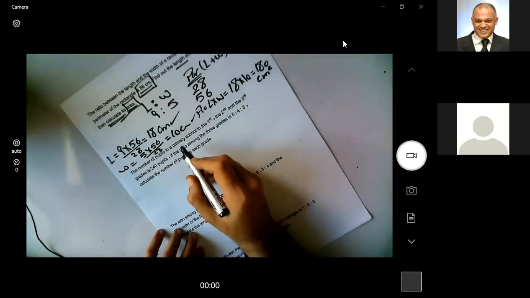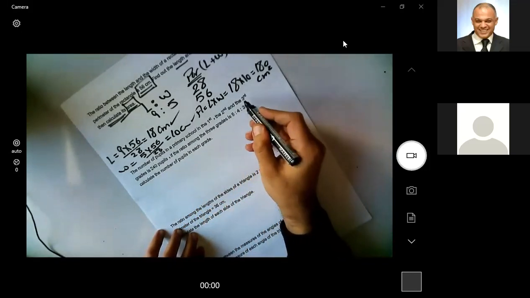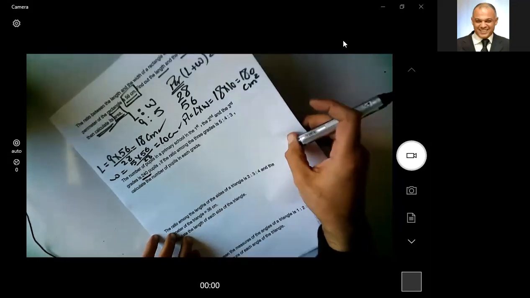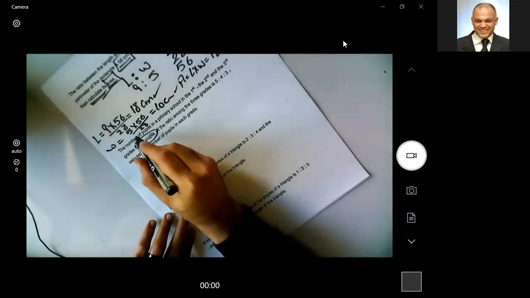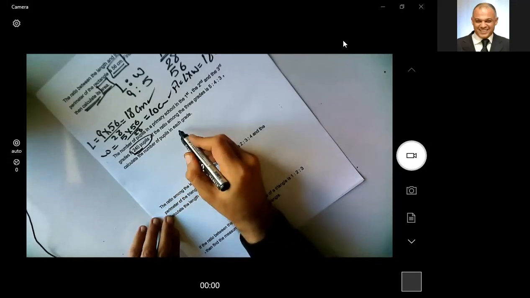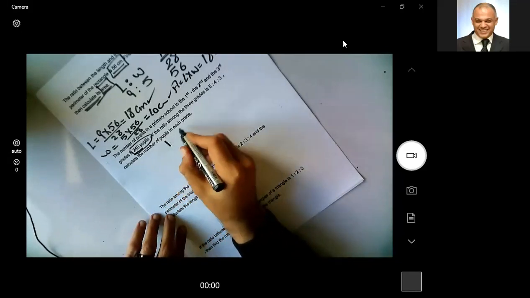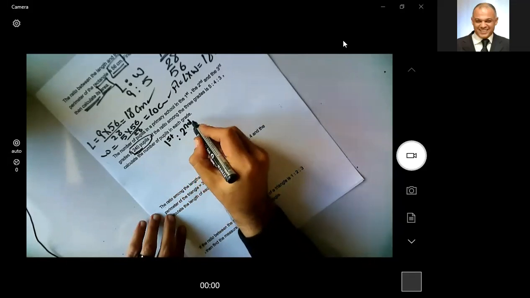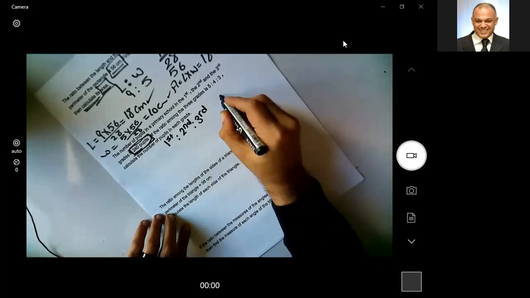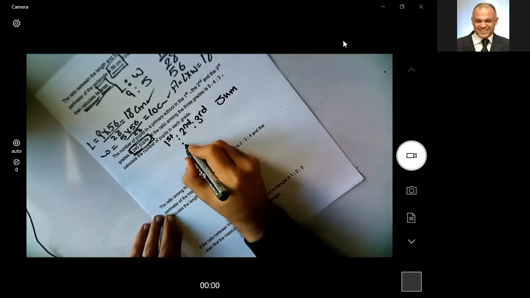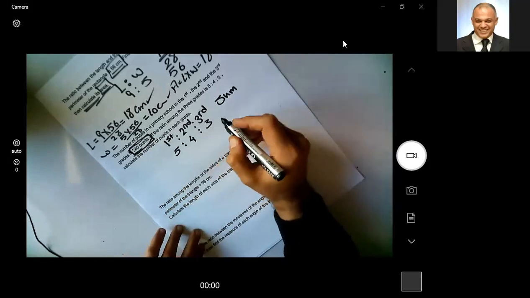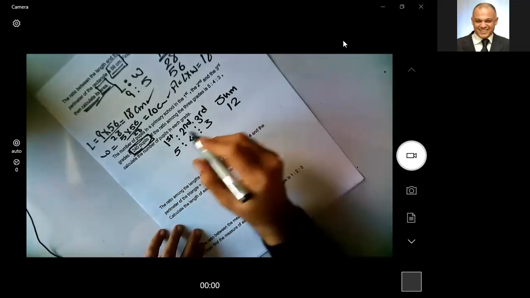The number of pupils in a primary school in first, second and third grades is 240. So 240 is the total number of the students in the 3 grades. The ratio between the 3 grades is 5 to 4 to 3. Calculate the number of pupils in each grade. So first grade to second grade to third grade. Here the 240 is the total number of the students. The sum of the ratio between the 3 grades, 5 to 4 to 3, will be 5 plus 4 plus 3 equals 12. And the real sum of the pupils is